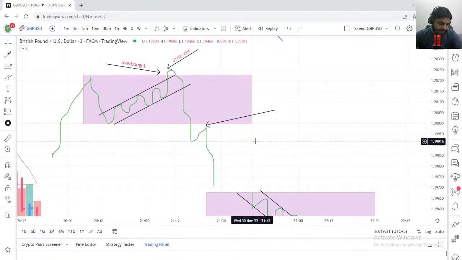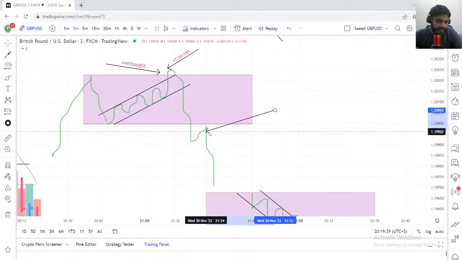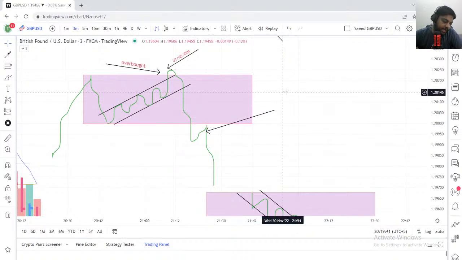Sir, are spring and UT the best trading setups? Yes, Saurav ji, spring and UT are the best setups. There are many big experienced traders who only trade UT and springs. But let me give you one more tip. Don't only rely on spring or UT, because I'm going to give you a great strategy in just a few minutes. So please bear with me.